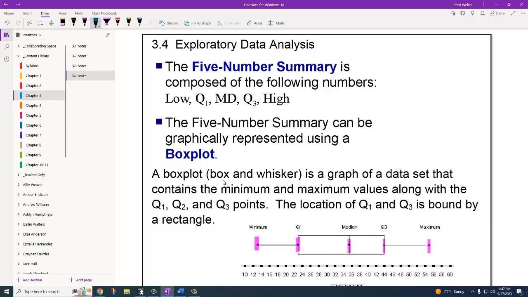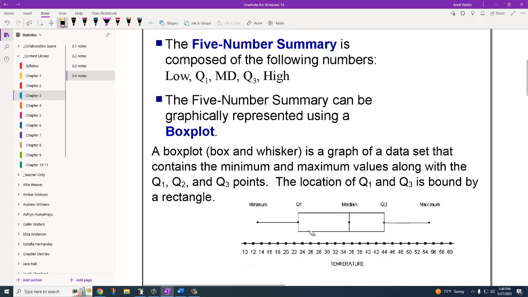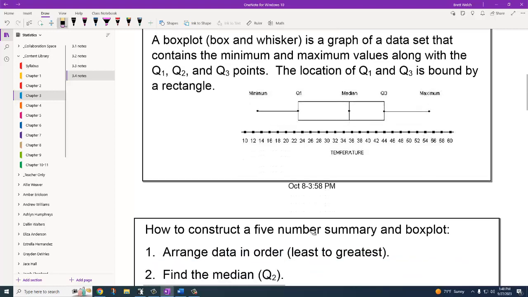Depending on the data that you have, maybe the median is really close to Q1. And so then you end up with a box that's very big on the right side and very small on the left side. So depending on where that median is relative to our Q1 and Q3, you can learn something about the distribution of the data. And that's worth knowing. And it's easy to look at the box and whisker plot and make a quick analysis